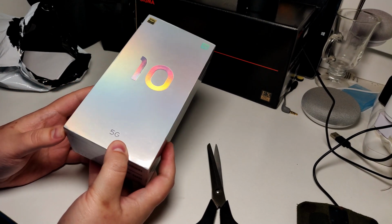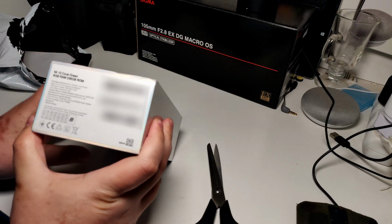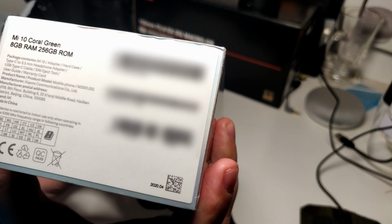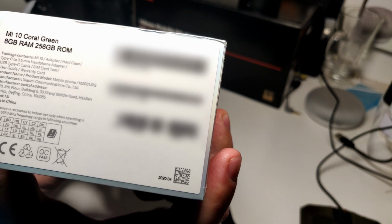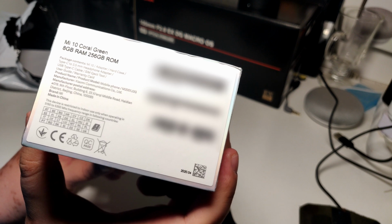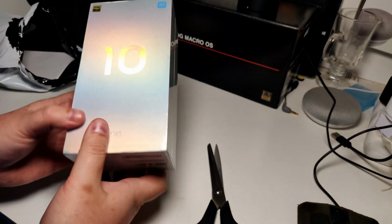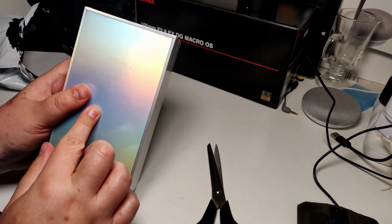And this is gonna be the Xiaomi Mi 10, and so far it's looking good. So far it looks like what I ordered. So it's a Xiaomi Mi 10. It is the green version, 8 GB of RAM and 256 GB of storage. I really like the look of this box, and I also like the fact that it